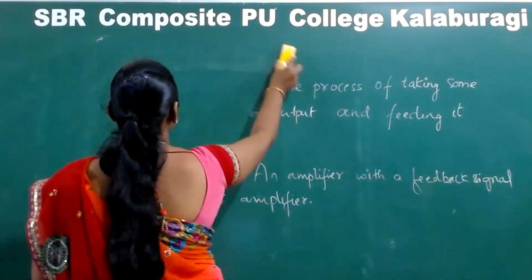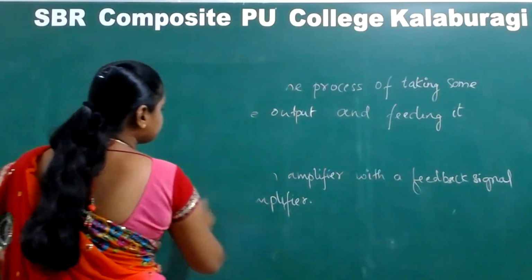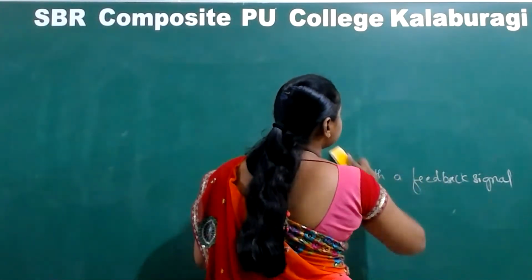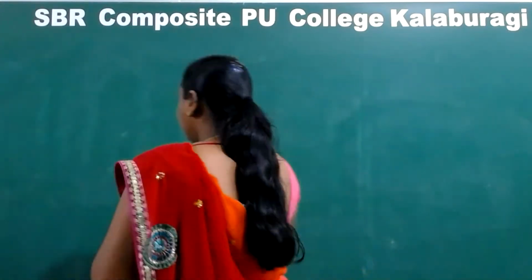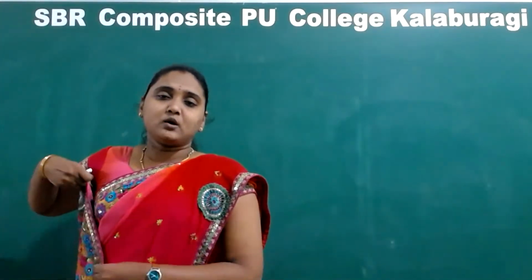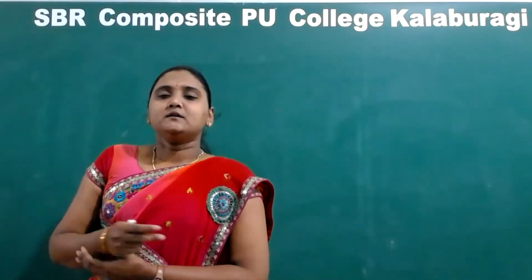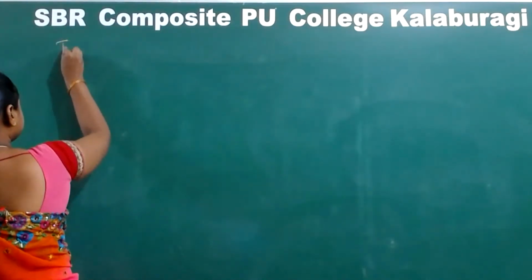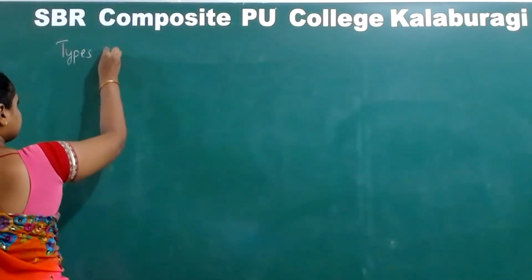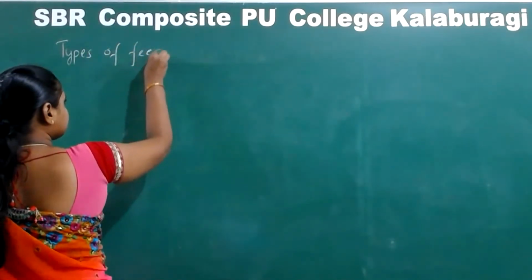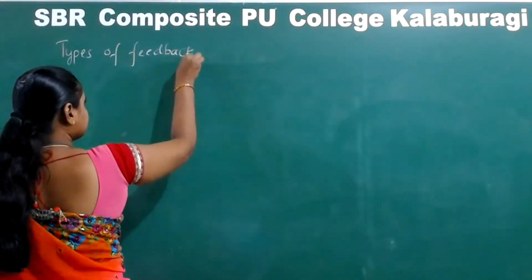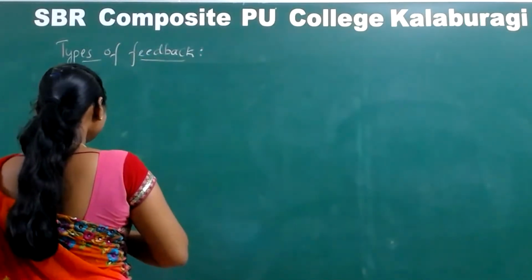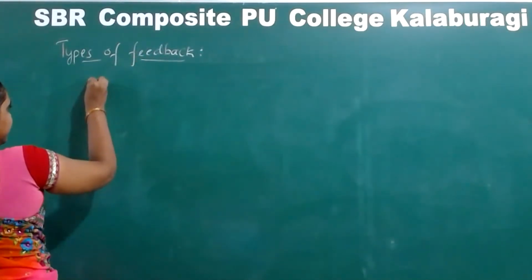Now we'll be seeing the types of feedback. What is the meaning of feedback? Some portion of the output is fed back, otherwise applied back, to the input of an amplifier. Such a technique is called feedback. Now we are going to study the types of feedback. There are two types: